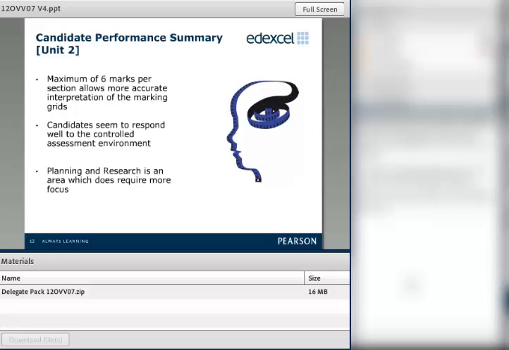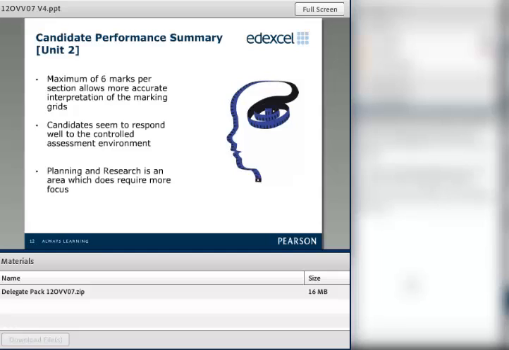better than it has been in previous sessions, because they're only marking between or doing 6 marks, which is much better, because in the past, as some of you will know if you did the old spec, they could have been out of 18 marks or something like that, which actually made it much more difficult for the assessor to understand where to pitch the marks as such.